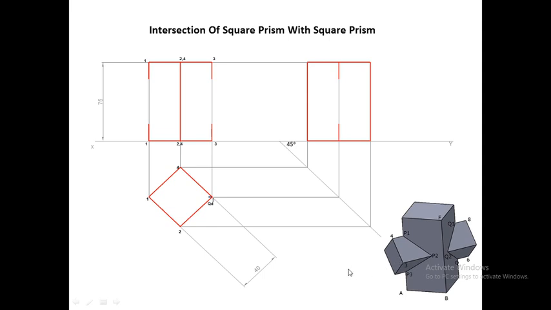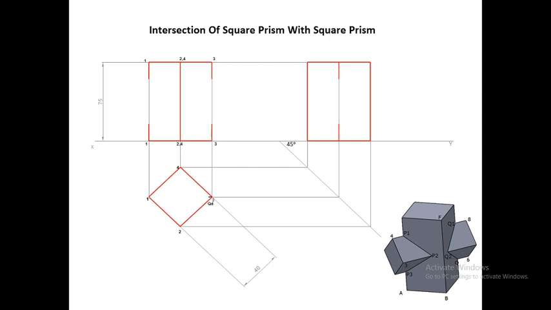when this prism is inserted inside the vertical square prism, this portion, that is from P1 to P3, is removed. So this portion, P1 to P3, does not exist, and this part from here to here is nothing but the portion from P1 to P3. So this part does not exist actually. So we have completed the top view, front view and side view of the vertical square prism with the given